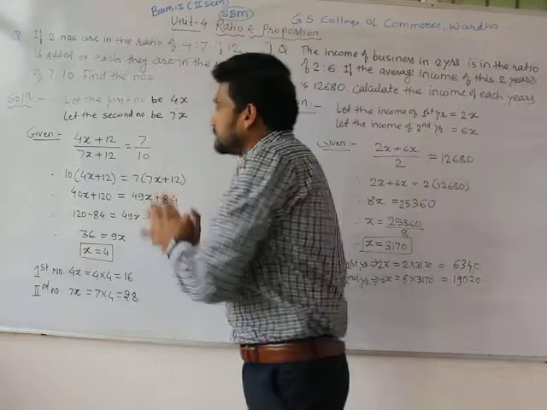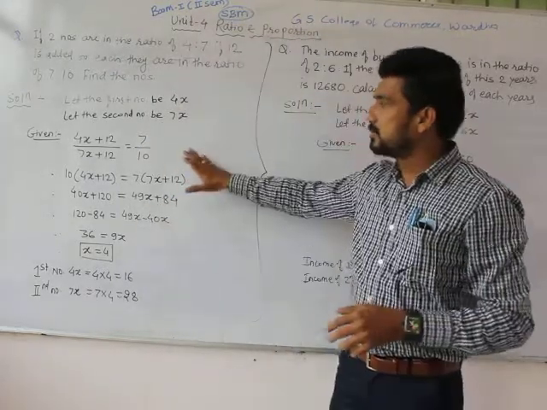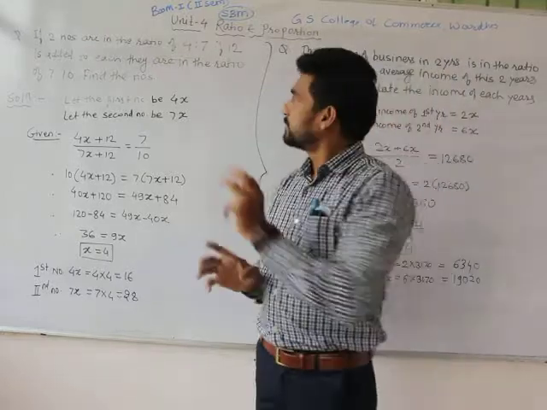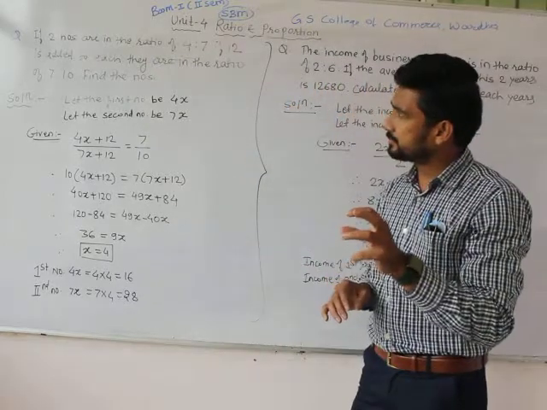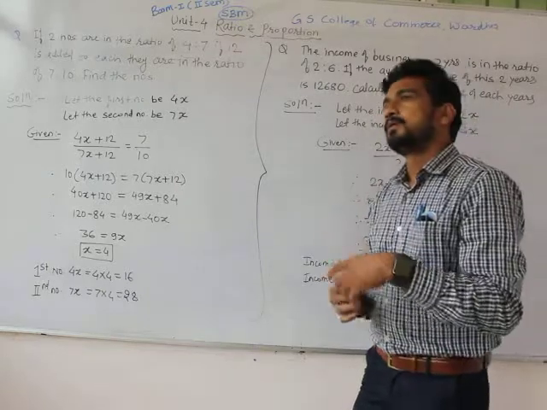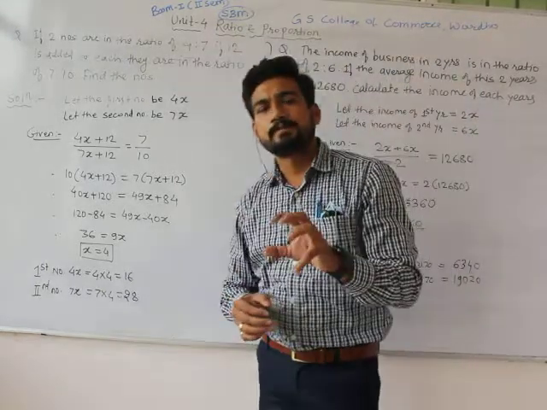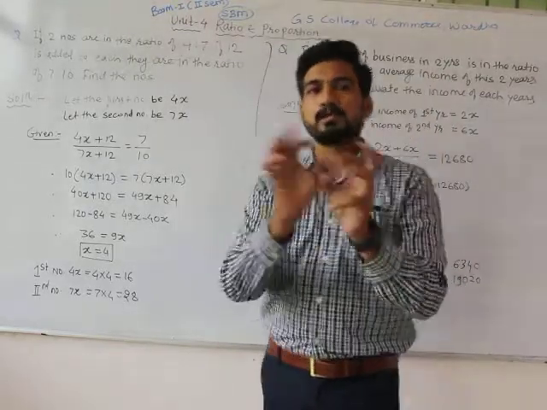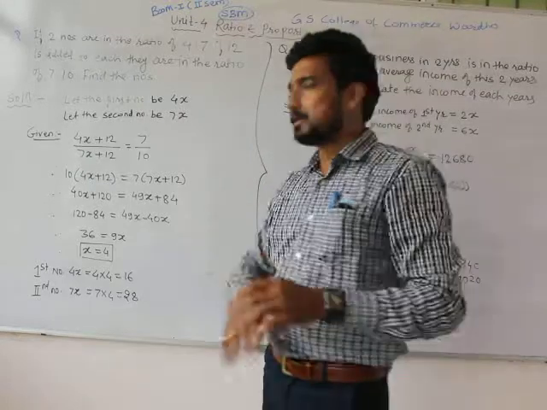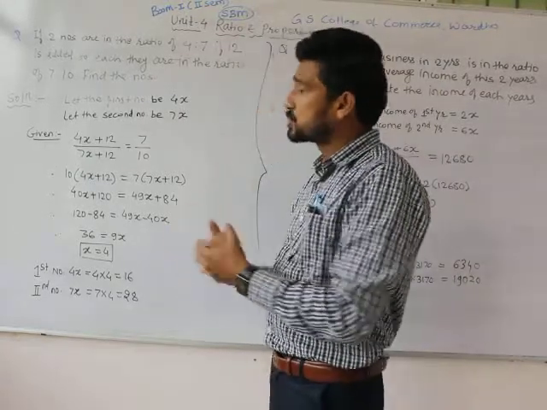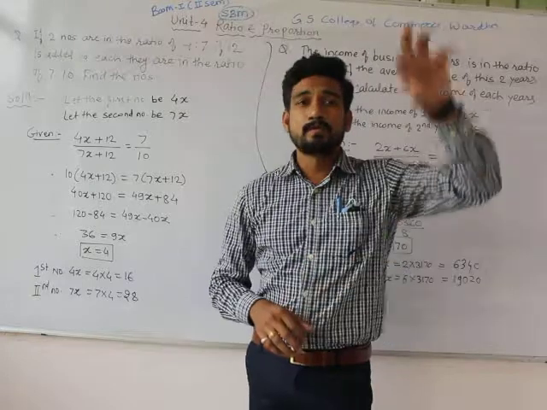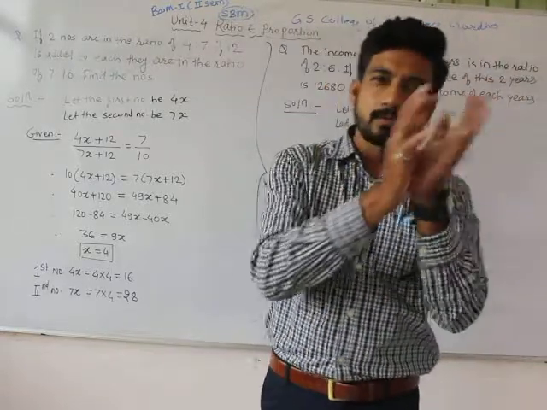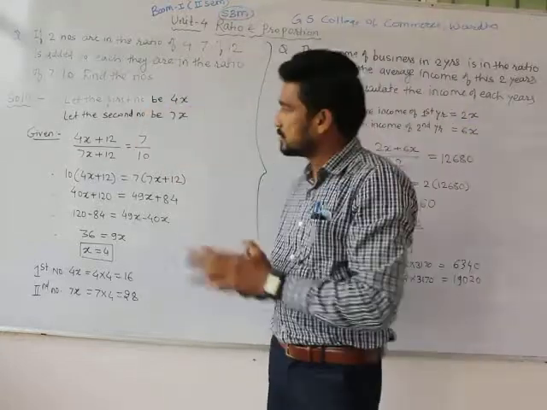Now we will put the information of the problem into an equation. How will the equation get shaped? First we will see the logic. There are two numbers. The previous ratio is 4:7. Now as per the problem, they are adding 12 to each of that ratio, and after adding 12, the resultant ratio will be 7:10. So we have to take the first ratio, then add the value of 12 to each of them, and then we will have a final ratio.